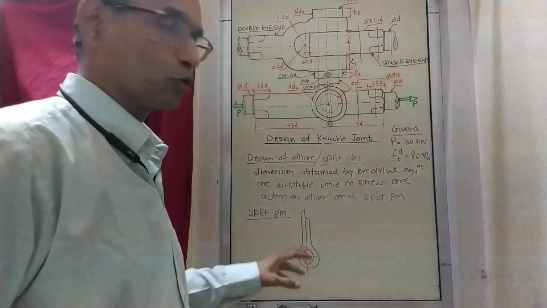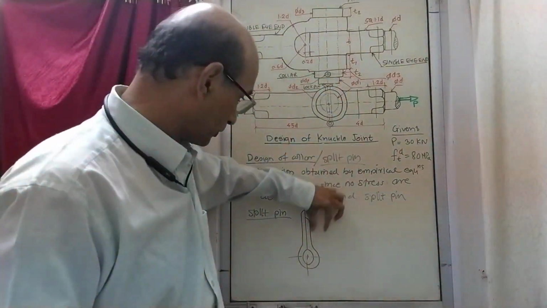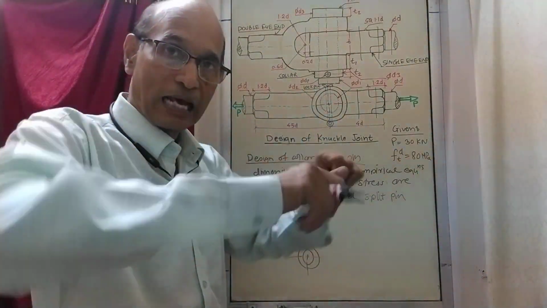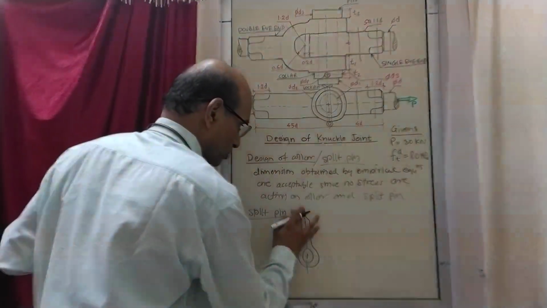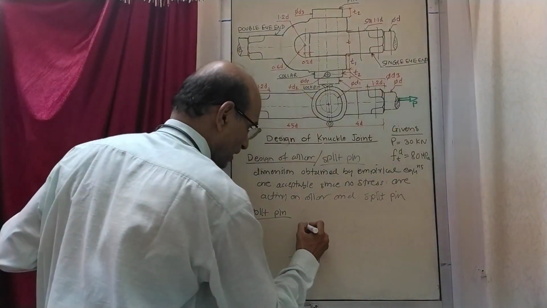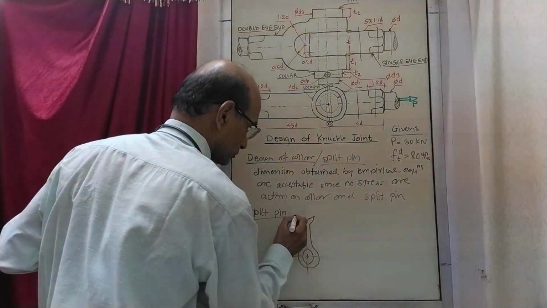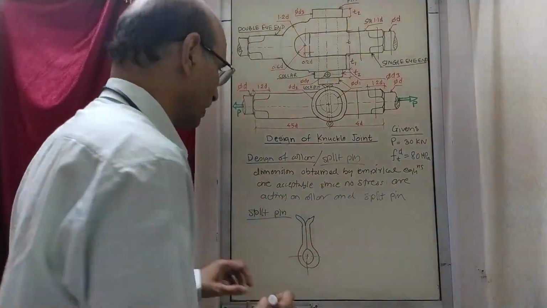This is how the split pin looks before it is assembled. So this end is put in this hole, and once it comes out from the other side, at that time the two ends are opened. When you open these ends they flare like this. Like this they flare. You have to flare